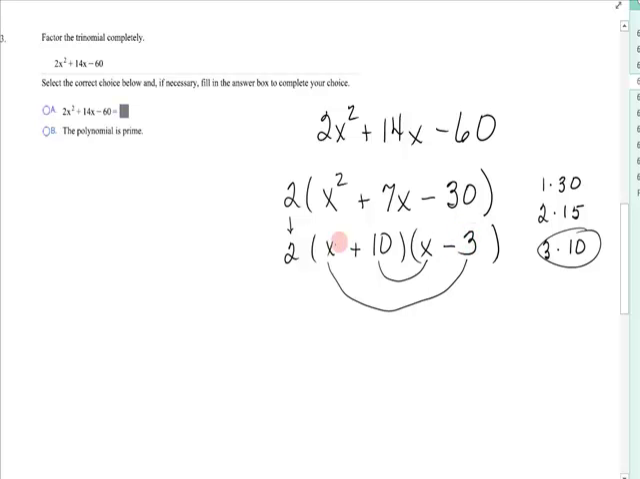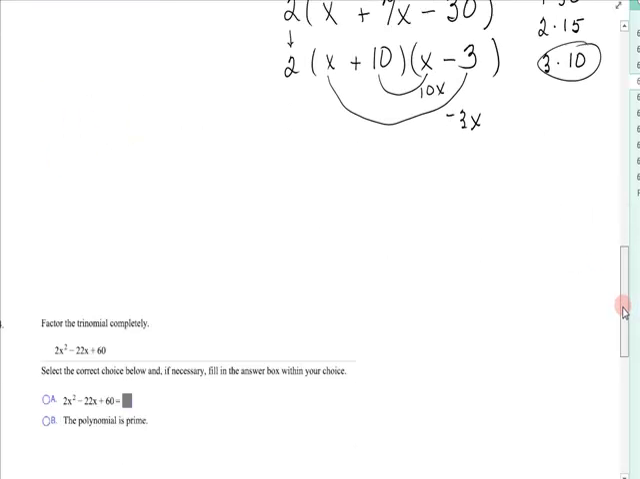Check it. X times x is x squared. Outer product is negative 3x. Inner product is positive 10x. Subtract, keep the sign of the big one. That means that's positive 7x. Product of the last, positive 10 times negative 3 is negative 30. All right, so those would be your factors. Going on,